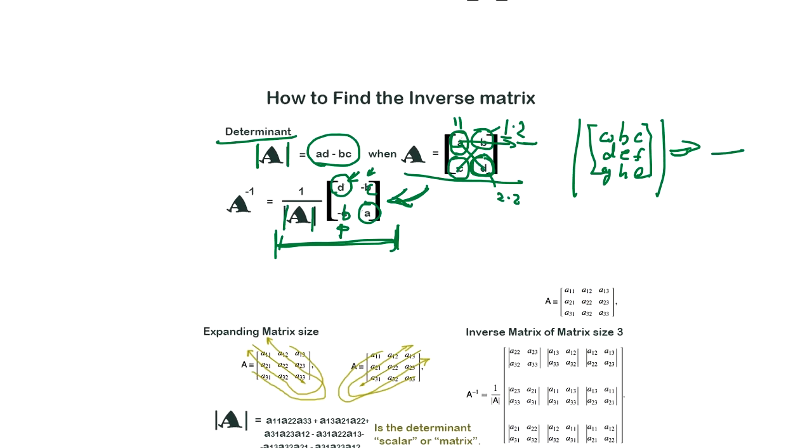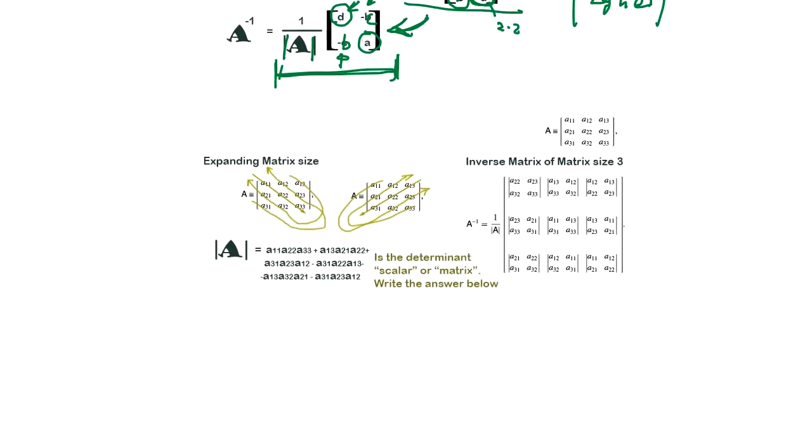Okay, so for example, just a flavor of it, say A is 3 by 3. The determinant is calculated by this multiply plus this, and this multiply plus this, and this multiply minus this direction,